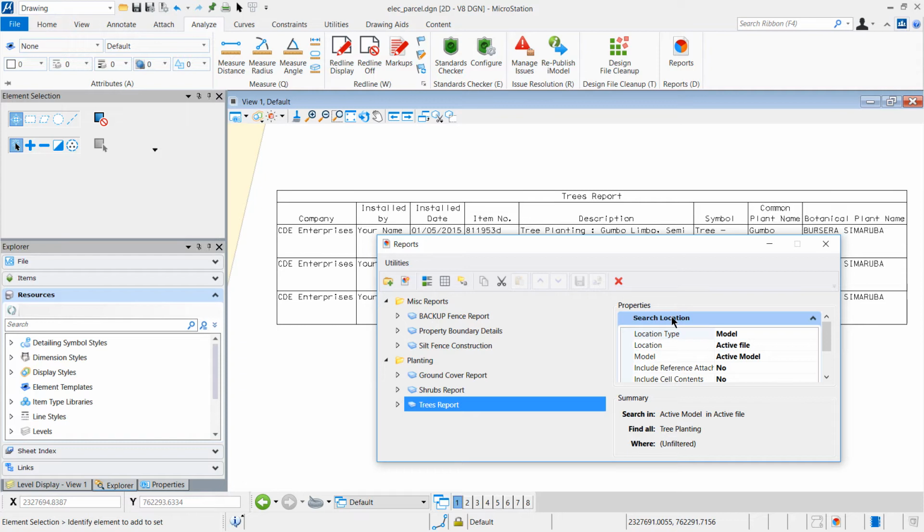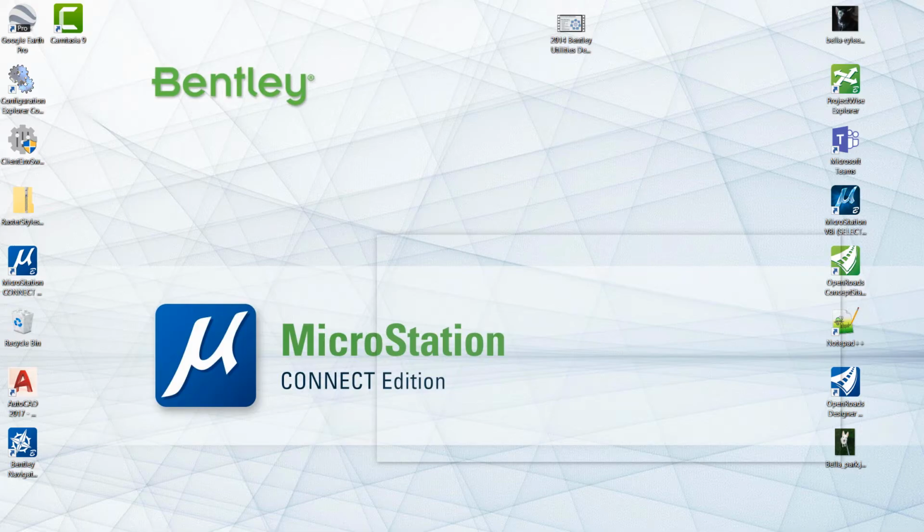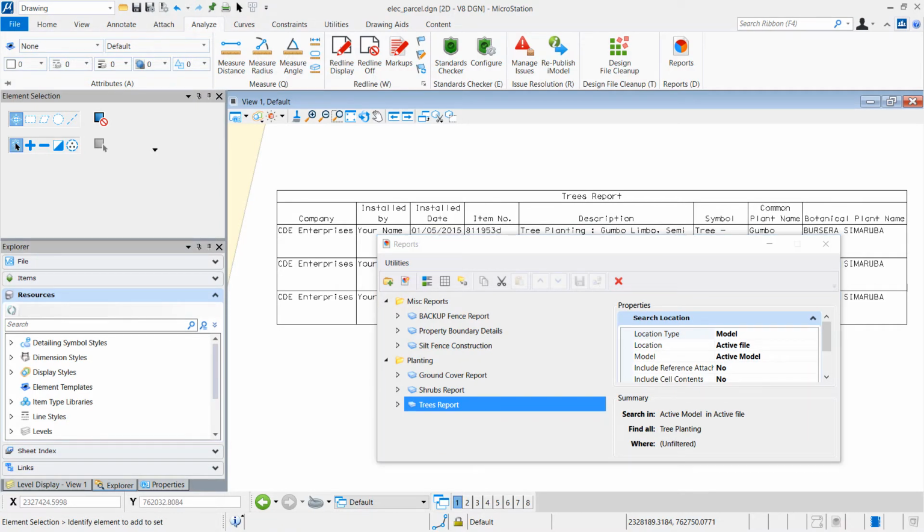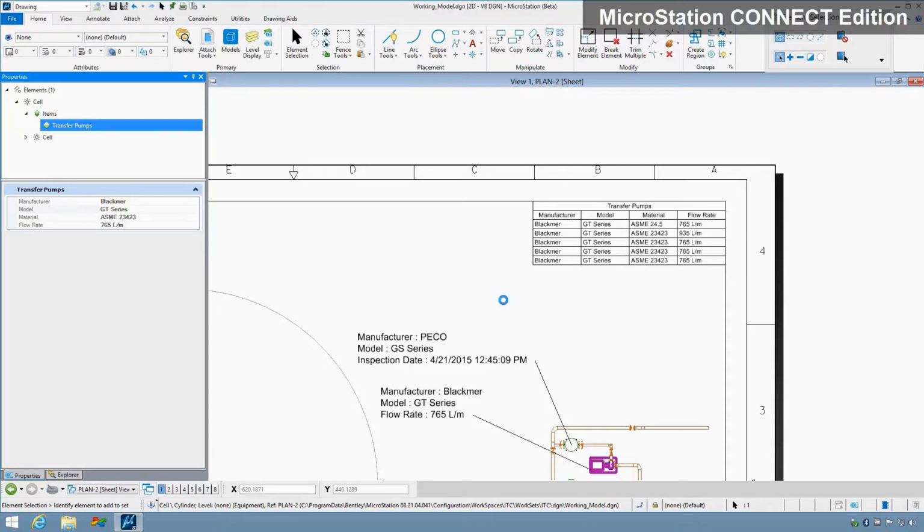I like to use some of these tools the way I like to, and somebody else would use the tools the way they want to. So it helps to keep everybody on the same page. Everybody does the same thing the same way. And I think that's what's really critical for us to recognize about MicroStation Connect Edition, that it is using one method to provide us with